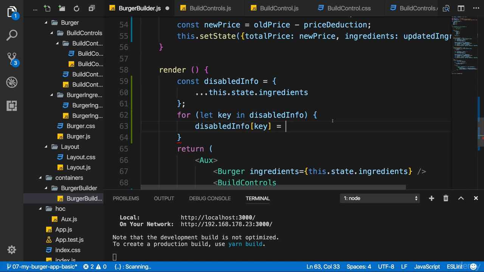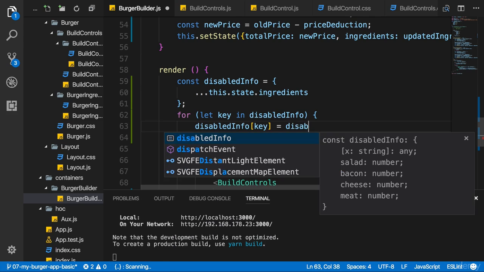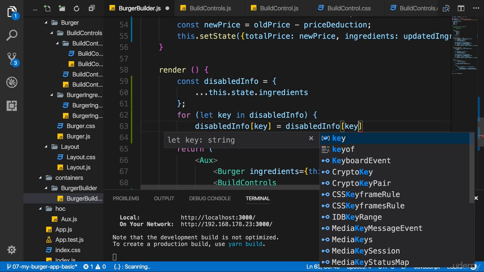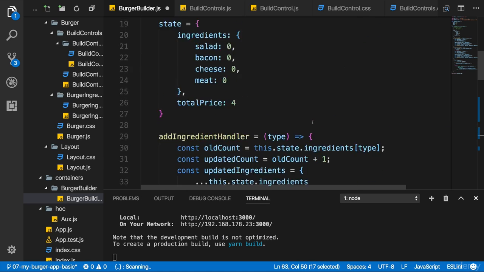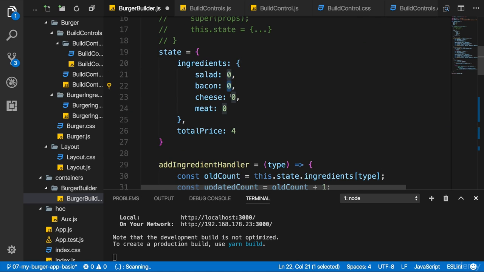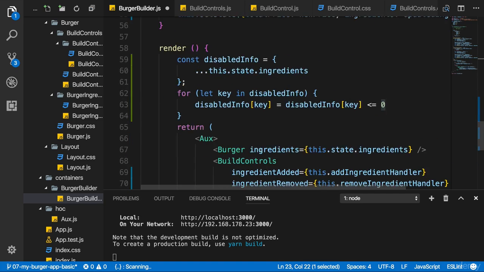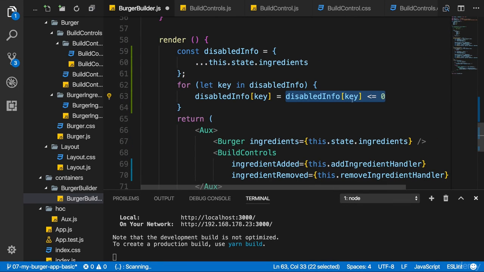So salad true, meat true, and true will be the value which is assigned if it should be disabled. So we will check if disableInfo for a given key is smaller or equal than 0. Because keep in mind, disableInfo key is the value of each key. So 0 in all these cases at the start. And this check here will return true or false. So we will update this in our copied object, not in the original one, the copied one, with true or false.